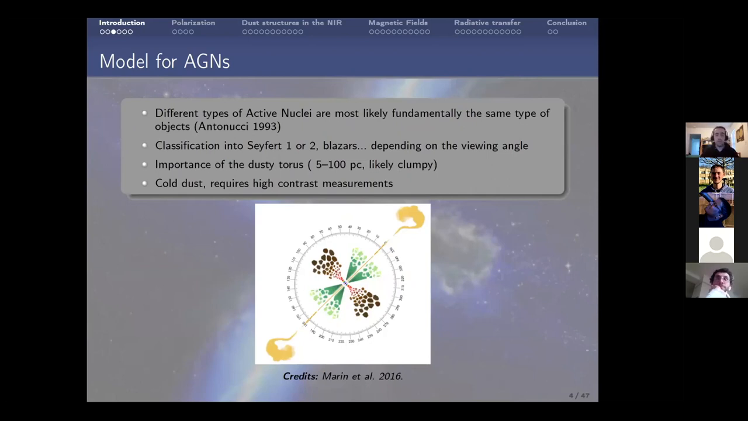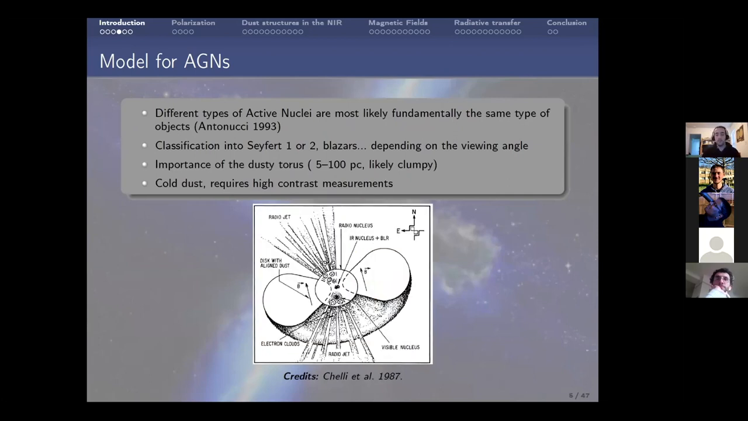But we need very high contrast imaging to understand this region a bit more. And as you can see here, the model has been evolving quite a lot. After the first model stated by Antonucci about 40 years ago, we have been moving on. So this is one of the first models. You can see the obscuring material is basically just represented as a solid donut with just small features